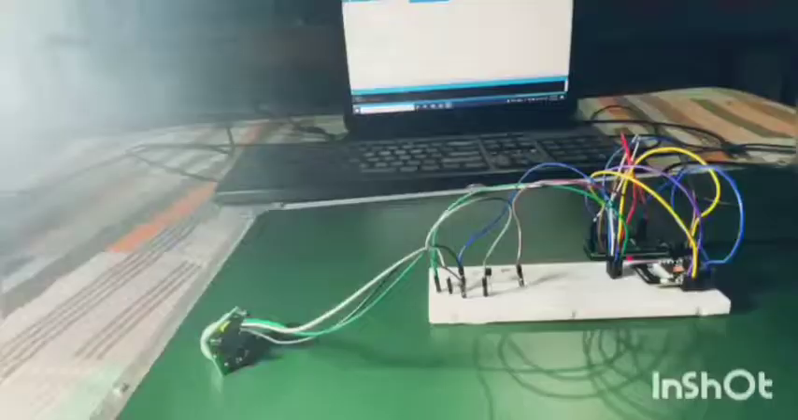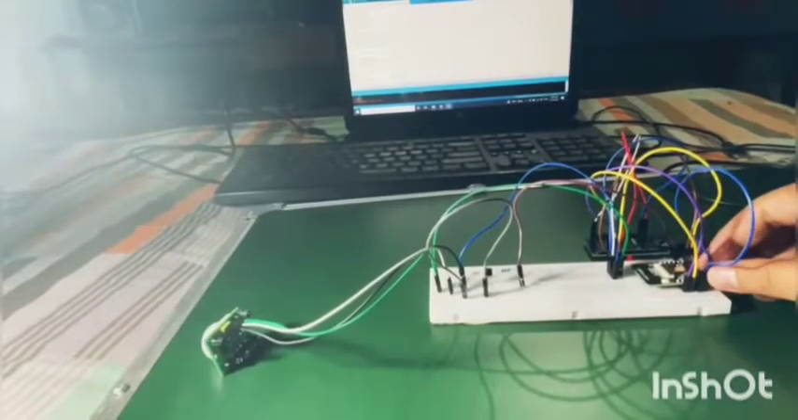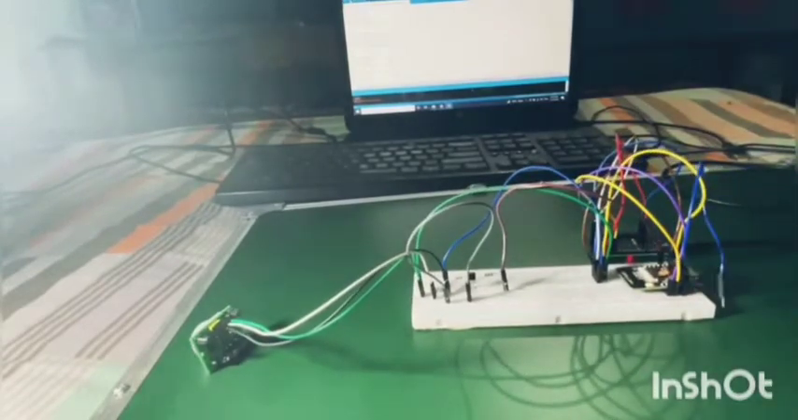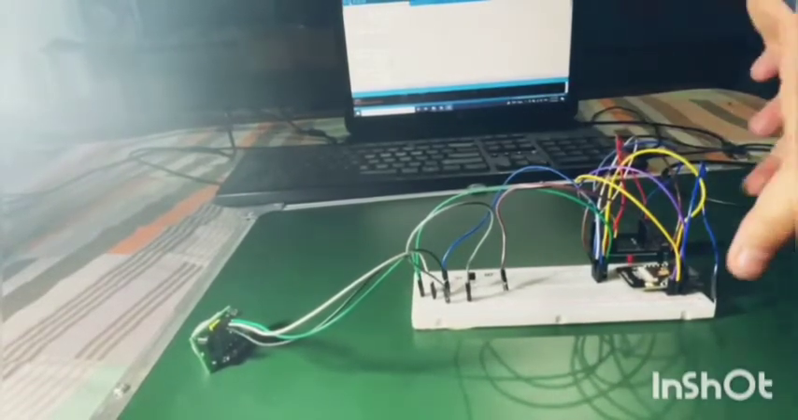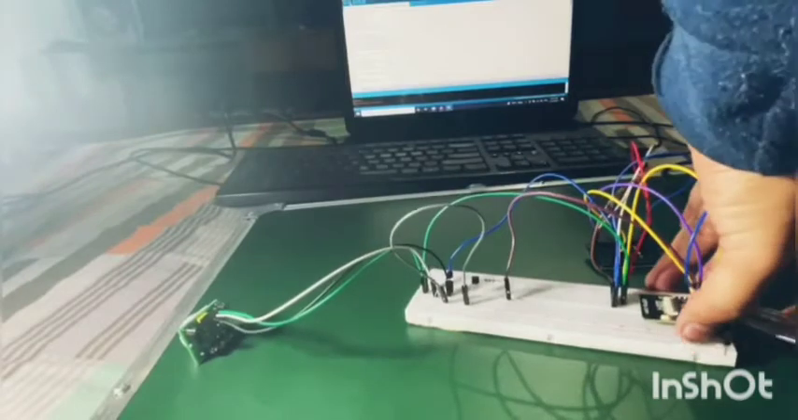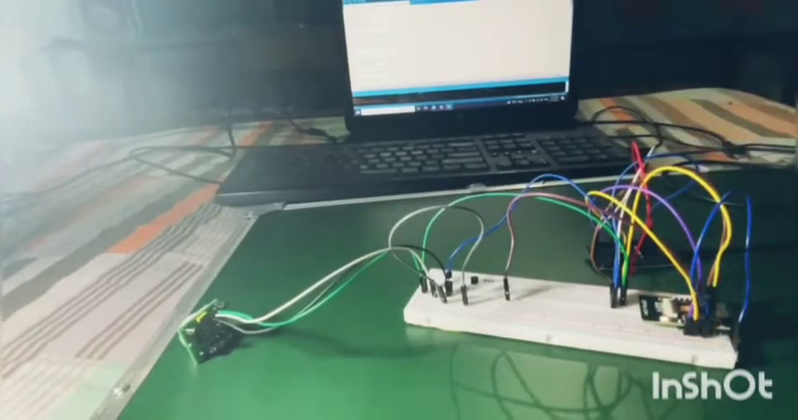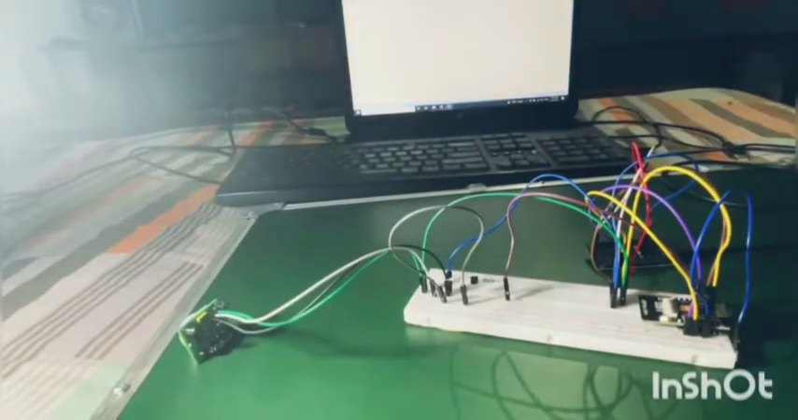we have to remove the IO0 pin, the shorted pin, and we have to press the reset button. Here the reset button is beneath the ESP32 cam. So I'm using the scale. You can use anything else. Once the reset button is